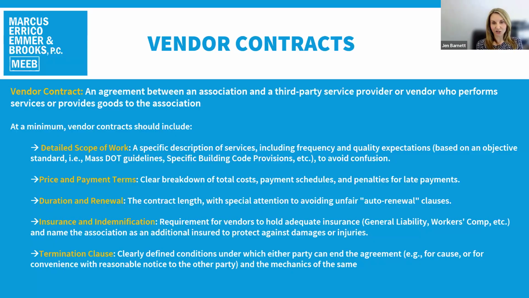And a termination clause. How do you terminate the agreement? If everything goes poorly, is one side going to be unfairly benefited or harmed? So oftentimes, in the bigger types of contracts, it will say that if an owner terminates the agreement, they have to pay the contractor the value of the work performed plus what their profit would have been, and that is for work that they haven't even done.